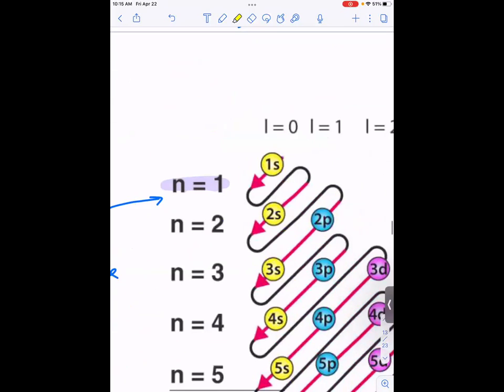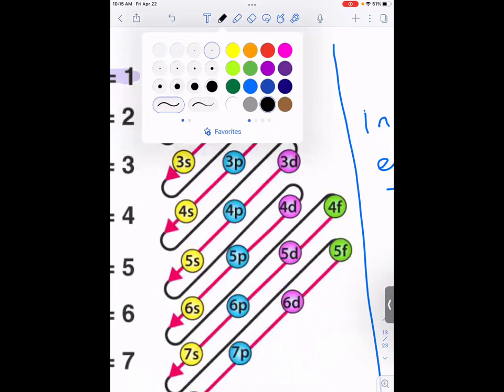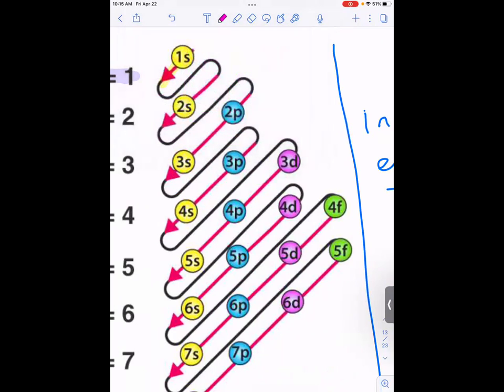Let me show you over here, because this is a better diagram for showing that. So we're filling up in this direction here. We're going from here to here, and then here to here, and then from here to here. And then notice the 4s is in the 4th energy level, but the 3d is here. So when you're actually filling these, the 4s actually comes before 3d, even though 3d is in the 3rd energy